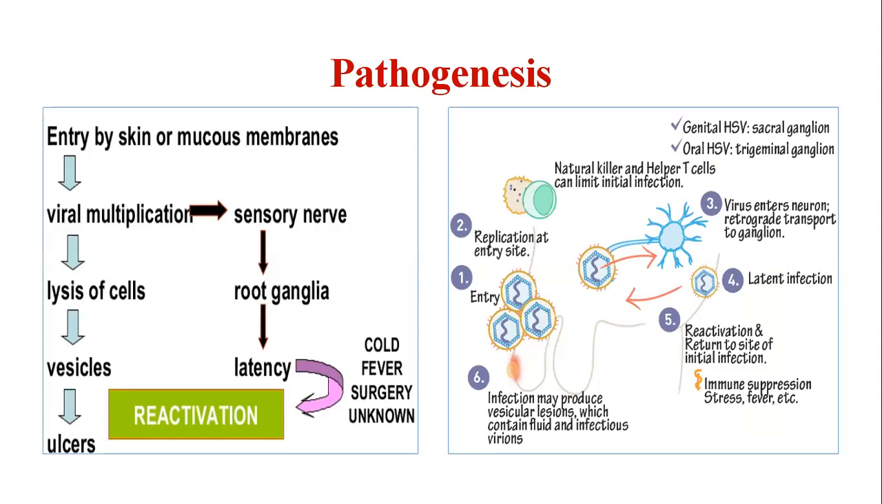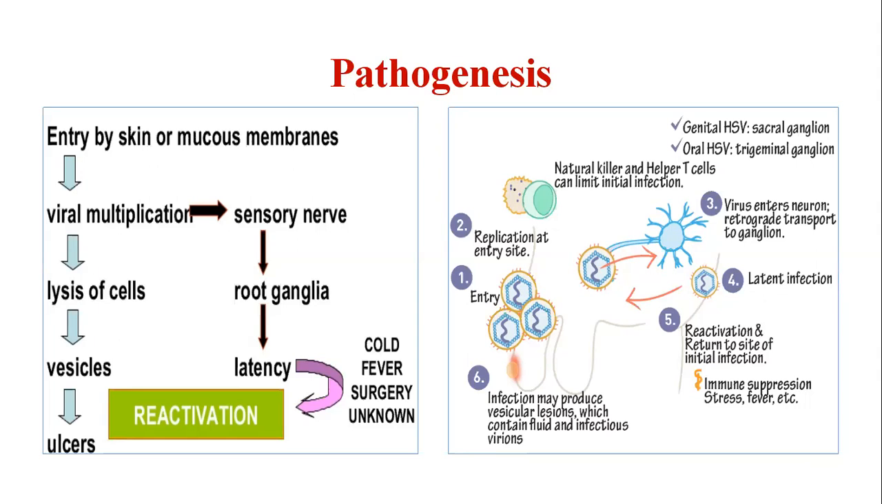This particular type of virus enters through the skin or mucous membrane and then starts multiplication. Replication starts at the enterocyte. They will not wait for anything; they will immediately start replication at the enterocyte. The virus enters the neuron or the sensory nerve, the root ganglia, and then will go for latent infection or